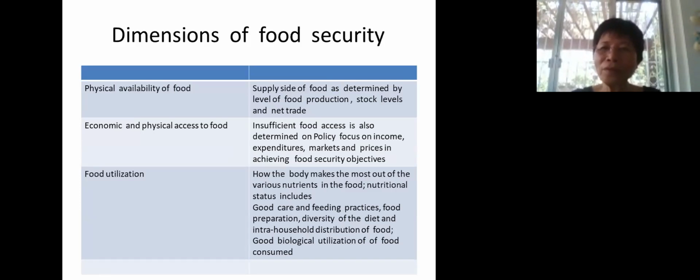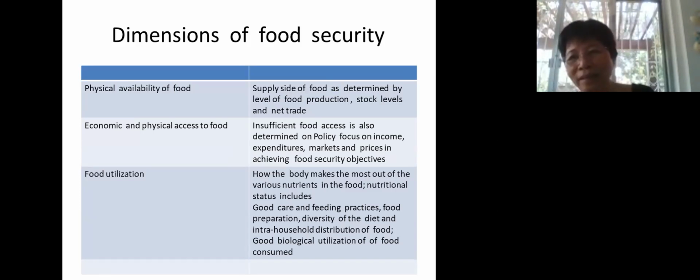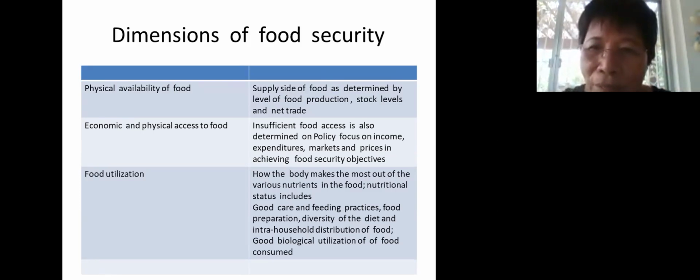For example, you have what they call an SRP, meaning to say suggested retail price. You cannot go beyond that. For example, a sack of rice should only be 27 pesos per kilo. If you go beyond that for that price,